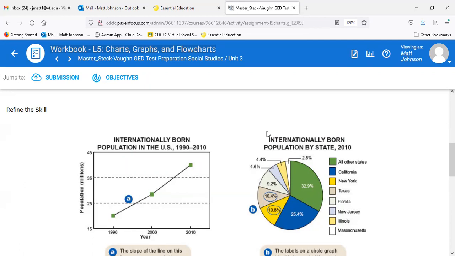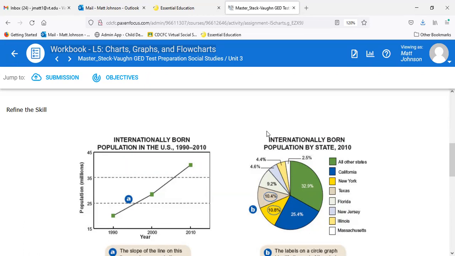So blue being California, yellow, New York, Texas might be a grayish, Florida, white, New Jersey's a very light blue, Illinois is like a light yellow, Massachusetts maybe white as well. It's kind of hard to say, but you get the point here, right? So what it's showing there is in blue, California had 25%